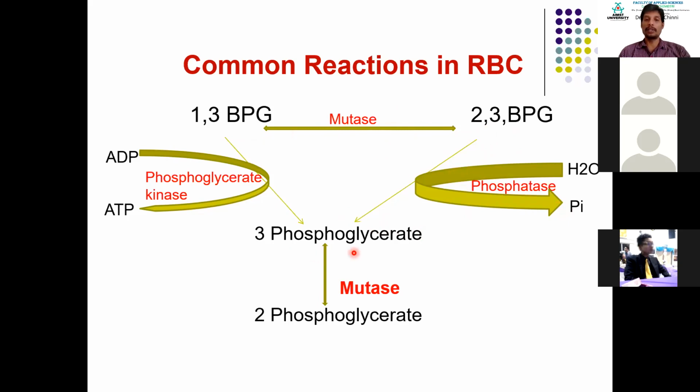And then 3-phosphoglycerate is converted into 2-phosphoglycerate with the help of mutase. This is the normal reaction which is a part of glycolysis. What is different? Normally 1,3-bisphosphoglycerate goes to 3-phosphoglycerate, and 3-phosphoglycerate to 2-phosphoglycerate. This is the actual process of glycolysis. And these two steps are different from the,